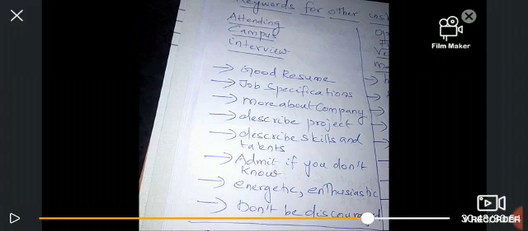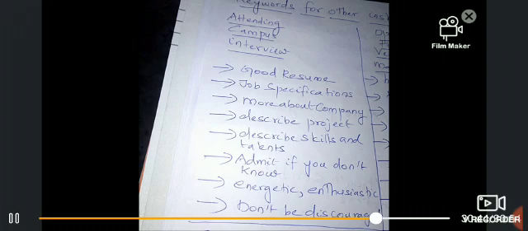How to write for that? You can think and you can practice that. So instead you can write, prepare. What will you write for the first one? Good resume. Or job specifications. Know very well about the job specifications. Know more about the company, describe the project clearly, and then describe your skills and talents in front of the authorities. Likewise, you can frame some sentences. Imperative statements. Be energetic, be enthusiastic, and then at last, don't be discouraged.